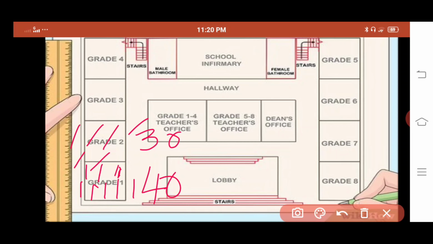Similarly, you can draw or count the number of students in the 3rd, 4th, 5th, 6th, 7th and 8th. By doing all these, you come to know the total population of your school. Understood, my dear? So this is an easy way, and by using this small technique we are reducing the calculations. At the same time, it is a shortcut way to find out the population of our school.